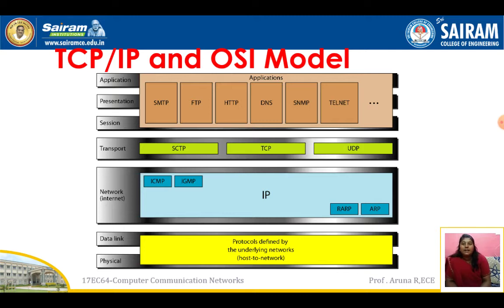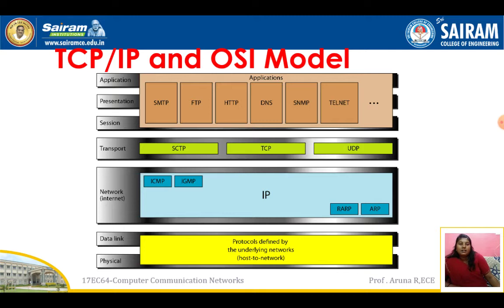So how is the TCP/IP model shown with the similarities to the OSI model? In the TCP/IP model, there are only 5 layers. The data link layer and physical layer together are combined and taken as the data link layer. Network layer is the same network layer. Transport layer is the same transport layer. Presentation, session and application are all combined to form the application layer.